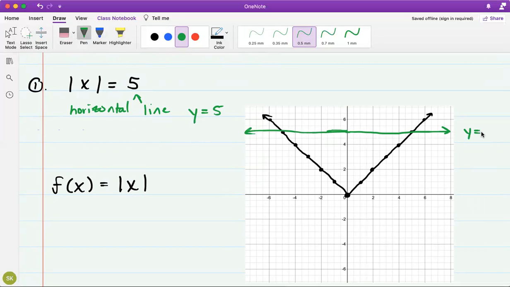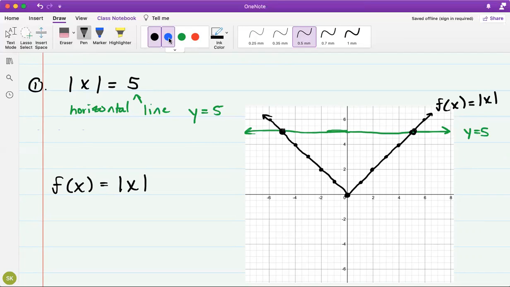So let me write y is equal to 5. And this black graph is f of x is equal to the absolute value of x. Now what you can think of here is I have a line and I have the absolute value, and when they're equal to each other is when we